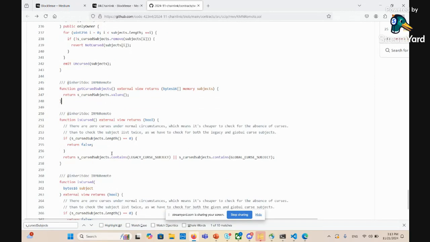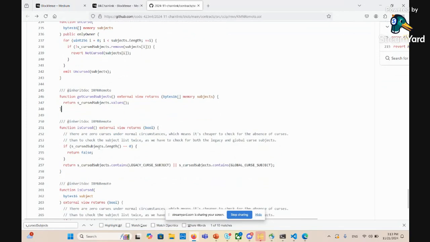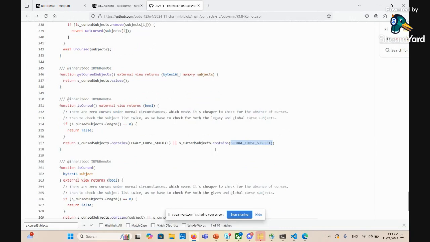And then we can check if it's cursed or not by calling isCursed. So this one, there's no argument. That means there are only two cases. These are two special identifiers: a legacy curse subject, and the other is the global curse subject. In either case, it's going to call isCursed. This is more for global, I would say. This is probably more serious. So if you don't give an argument, and if this returns true, that means you have a